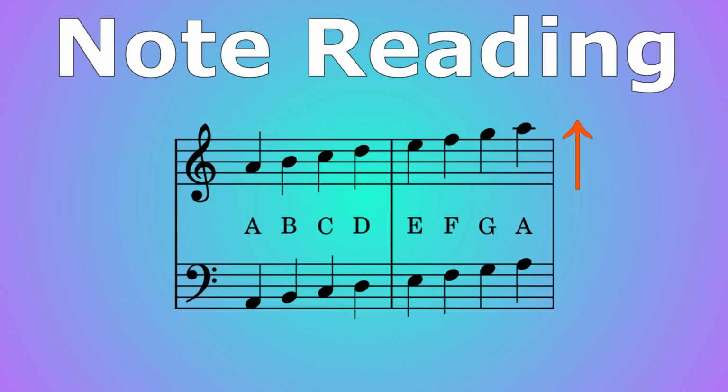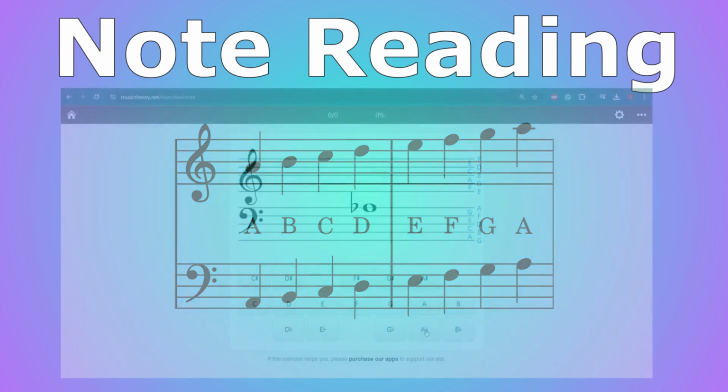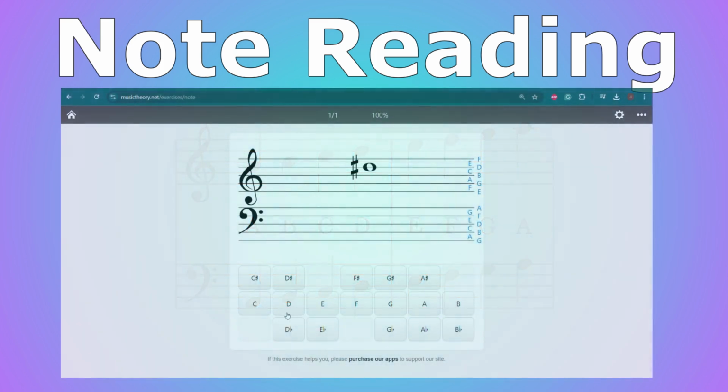The musical alphabet uses the letters A through G. If you go up in notes, you go forwards in the alphabet. If you go down in notes, you go backwards in the alphabet. There are mnemonic devices for remembering the lines as well, but eventually you will become fast enough that you will be able to recognize notes on sight. Remember, you are good at what you practice, so do take the time to make sure you are confident in